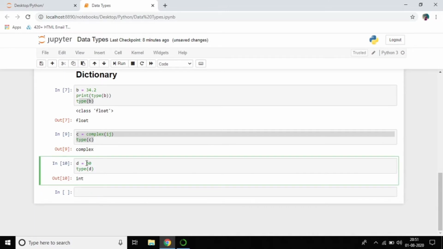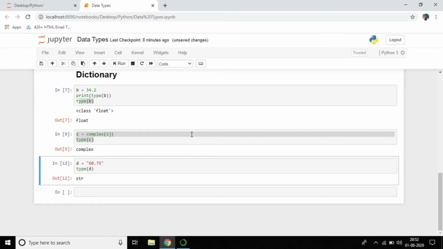Suppose I make quotations, we'll see it's like a string. So why is it showing string? Because we all know that 60 is a number, but it's showing string. Why? Because whatever we write in quotations, Python considers a string, whether single quotes or double quotes. In an upcoming tutorial, I'll explain string very clearly, no need to worry about that. If you write a float in quotations, it also shows string. So anything in quotations is called a string.